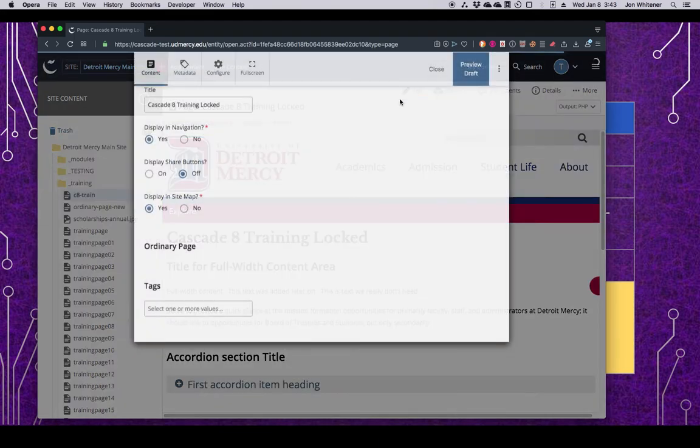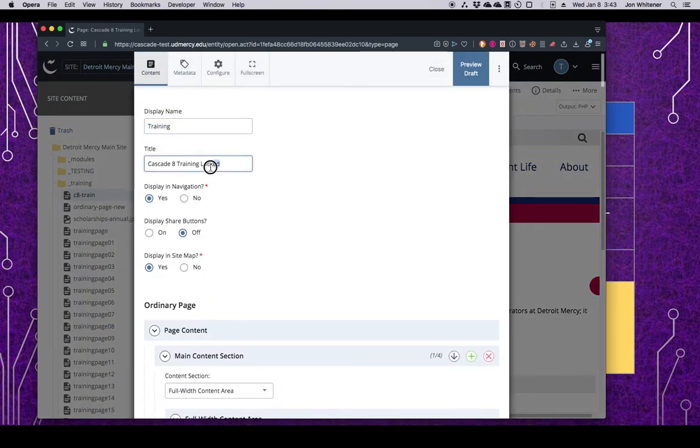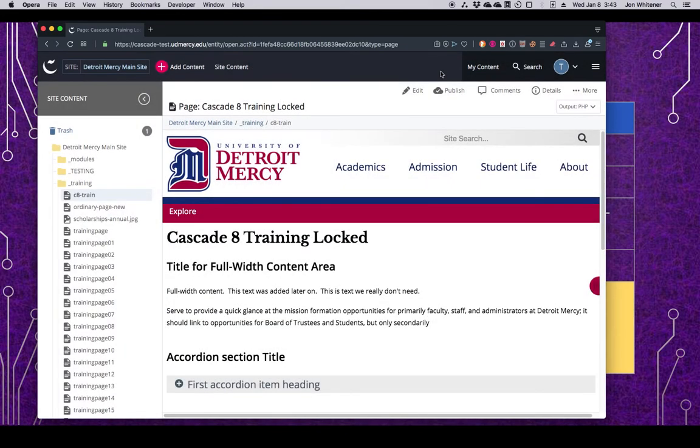I click edit. I'm going to remove this word locked. Over here, this is going to indicate to me that a draft was saved. But instead of previewing the draft, let's say I just close this. Now there's a draft saved. I just hit close. There's nothing here that indicates to me that there is a draft or that I can switch to a draft.